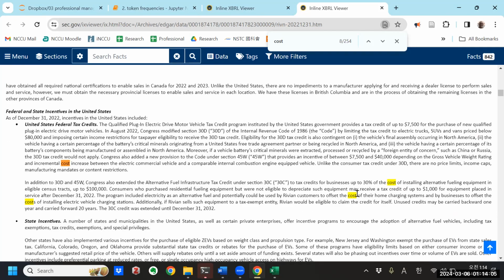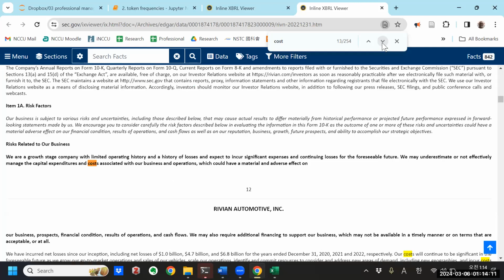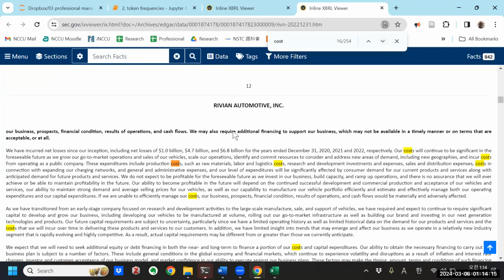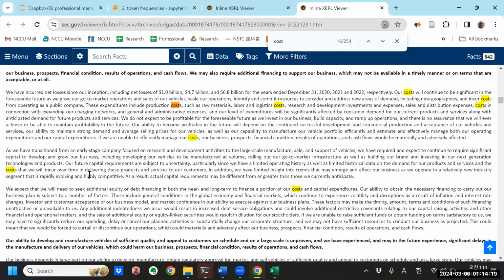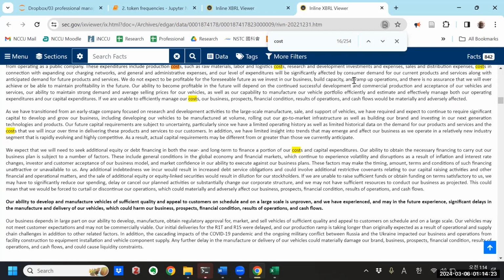Cost of installing. So a lot of the references to cost here are costs associated with businesses and operations. Expenditures include production costs, logistics costs. So they're mentioning these costs, capital expenditures, things like that, a lot more